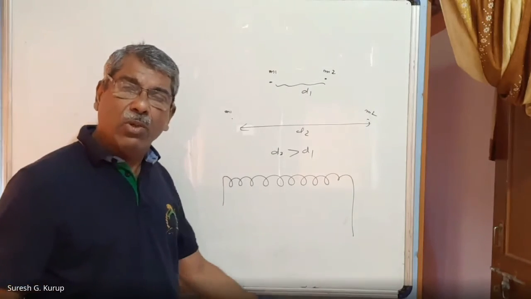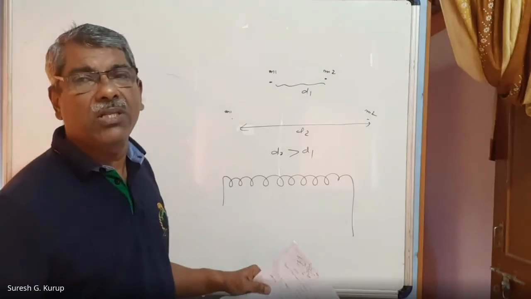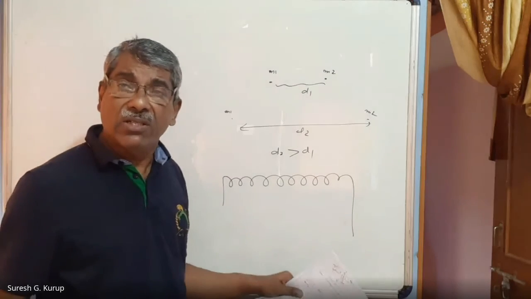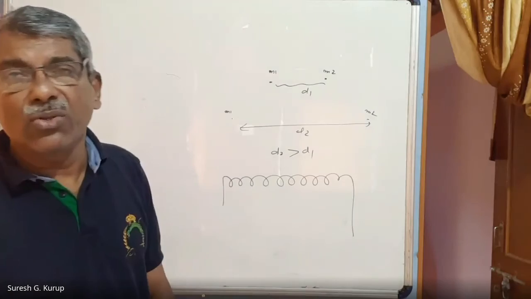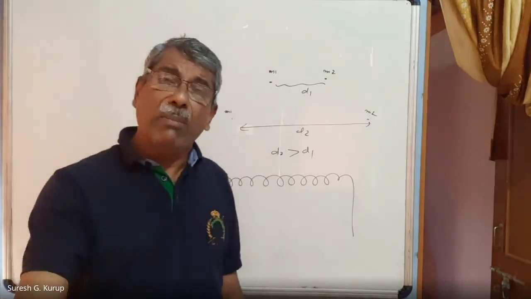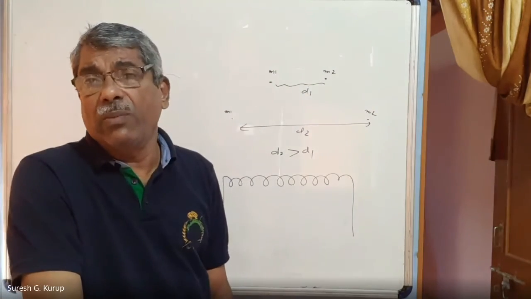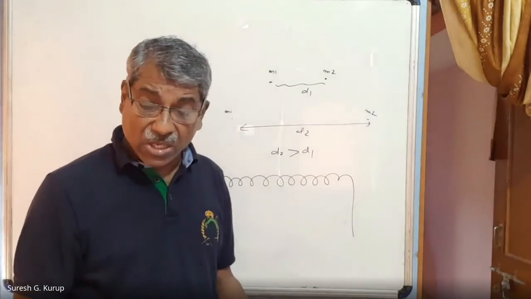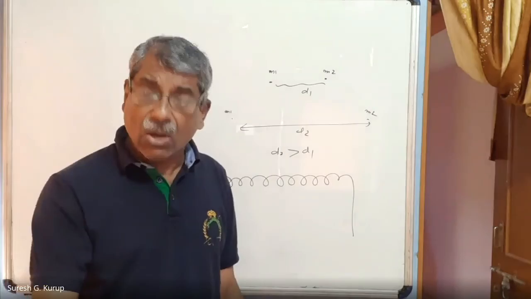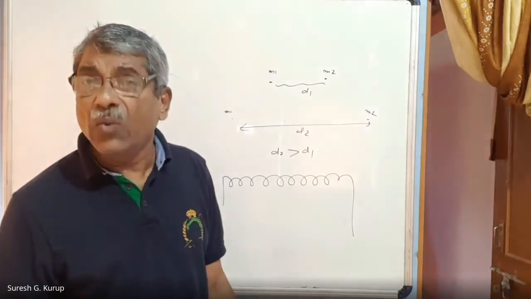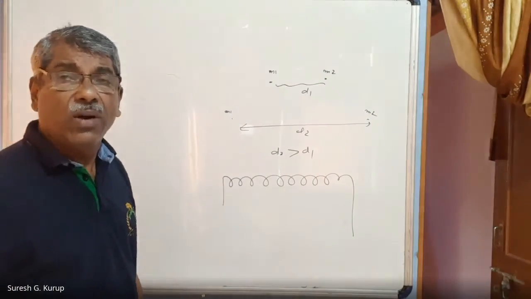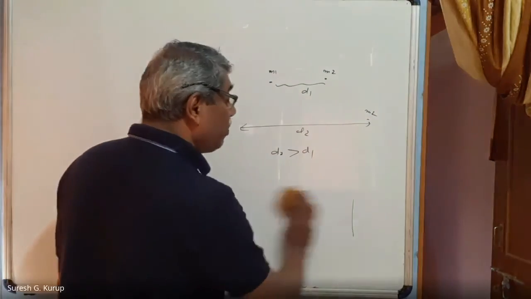The force acting between two charged particles kept at a distance is also a variable force. At different distances, the electrostatic force is also different. And the same thing, the magnetostatic force is also a variable force. So there are so many examples of variable force in nature. So when a variable force is acting on a body, how can we calculate the work done? To calculate the work done by a variable force, what we have to do is, as a variable force is going on